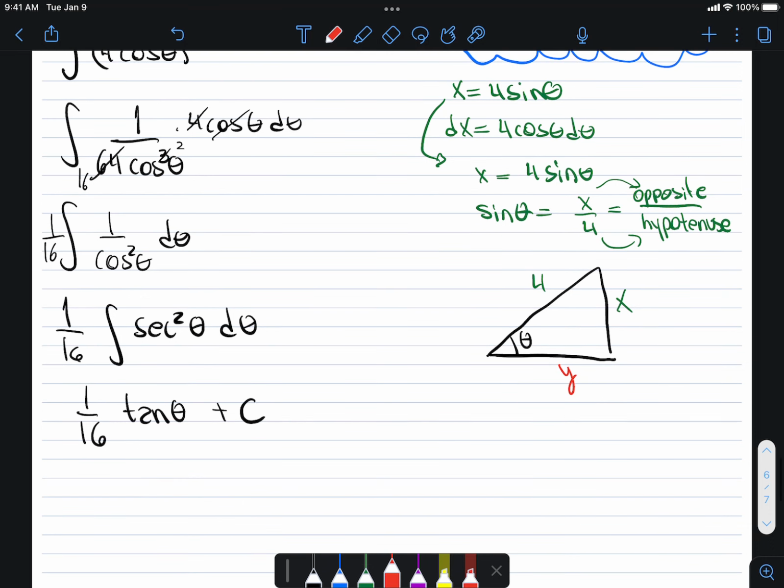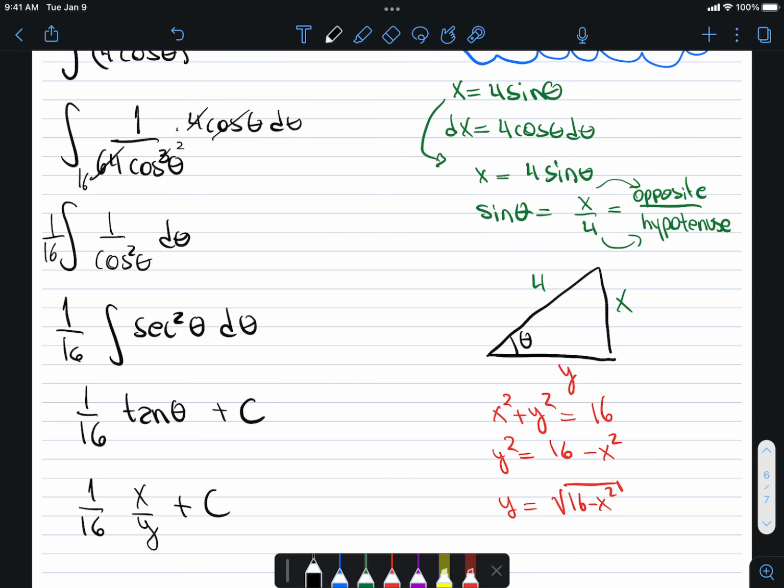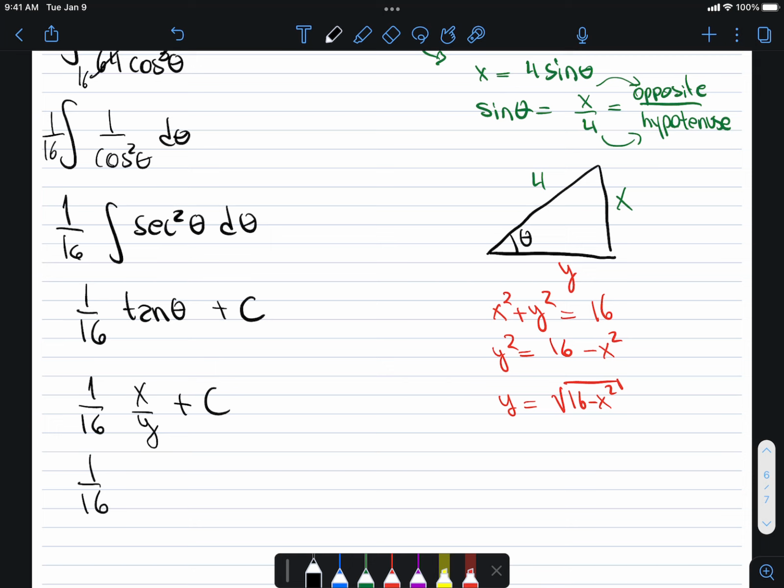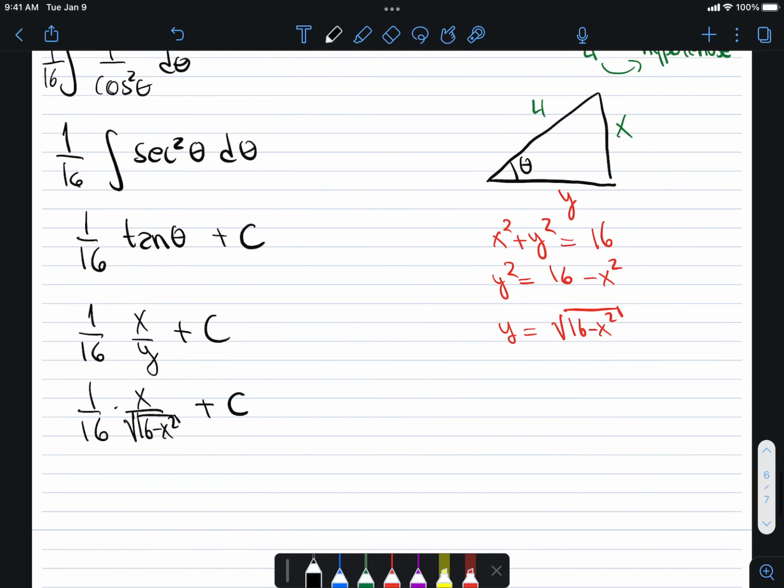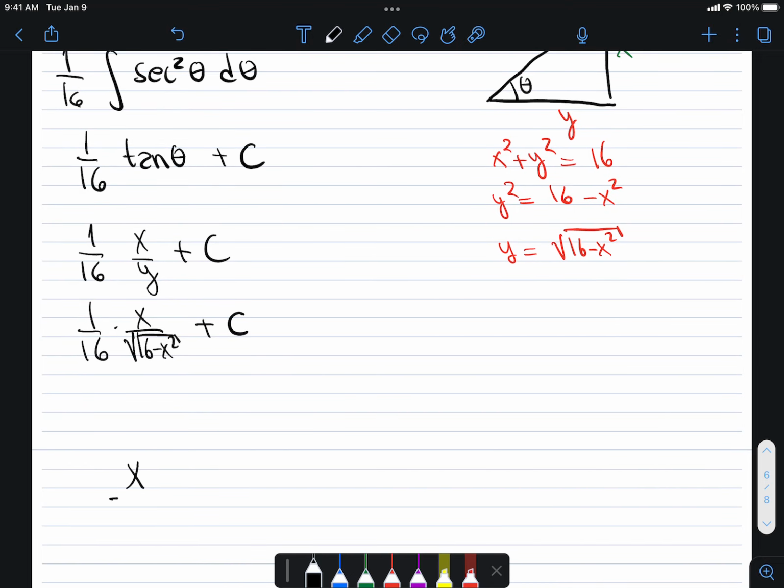If I call this y, which is the only unknown I have, I can use the Pythagorean theorem to say that x squared plus y squared equal to 4 squared, so 16. So y squared is 16 minus x squared, and so y equal to the square root of 16 minus x squared. So I know y as well in terms of x. And finally, to finish things up, if I remember back to my original calculation here, that the tangent is the opposite over the adjacent, this is x over y, but I do know y. x is x, y is root 16 minus x squared. So my answer could be written in a very neat way as x over 16 root 16 minus x squared